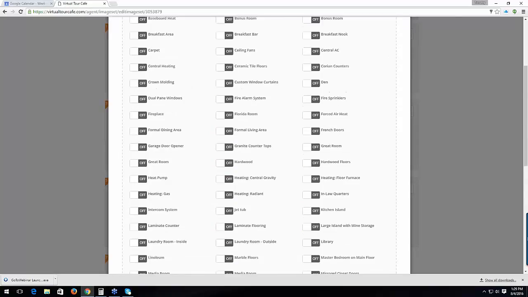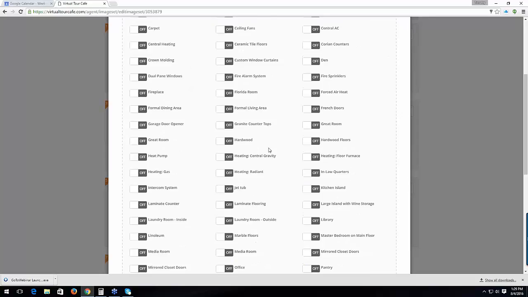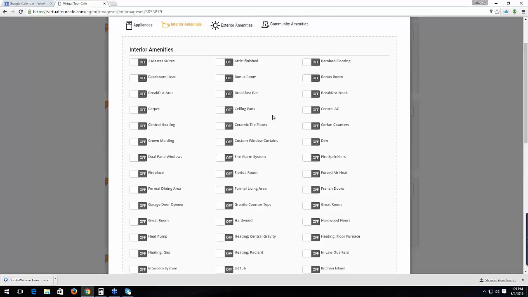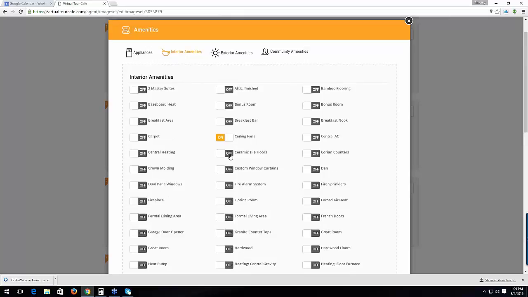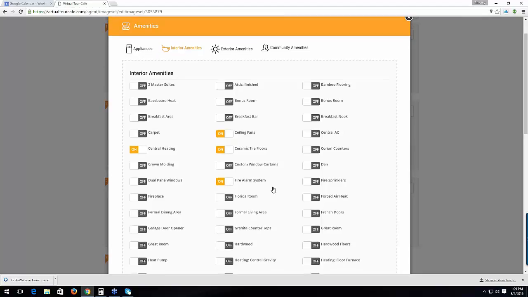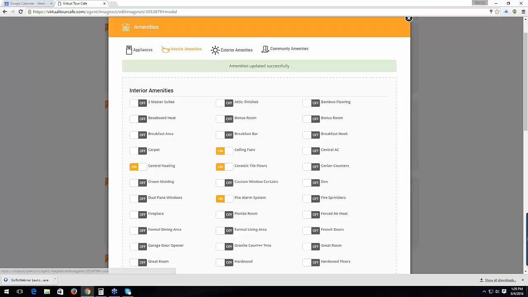So the interior amenities, it looks like it's got tile floor, but it didn't select anything else. So maybe there was nothing else in the listing, or maybe it just wasn't able to match them exactly. If you need to add other things, simply click on those. It's a toggle switch on and off. Okay? When you make changes, go ahead and save those and go on to another amenity screen